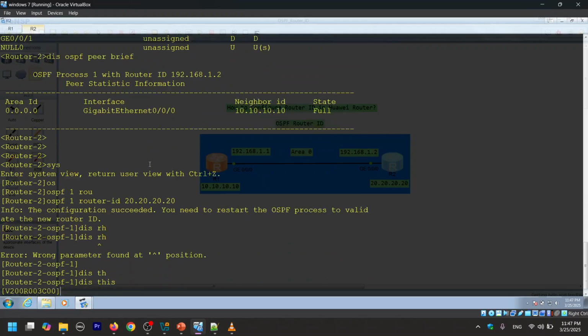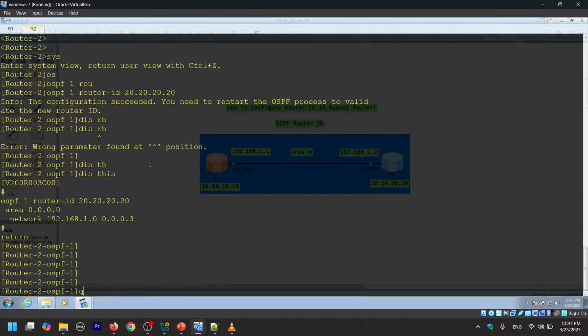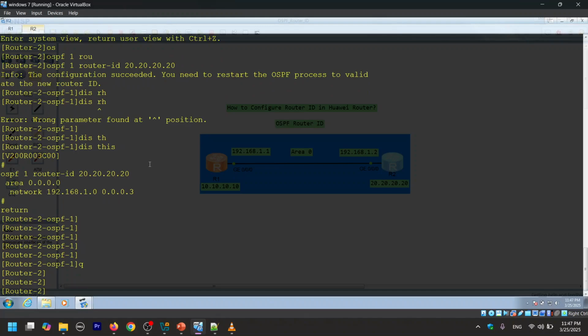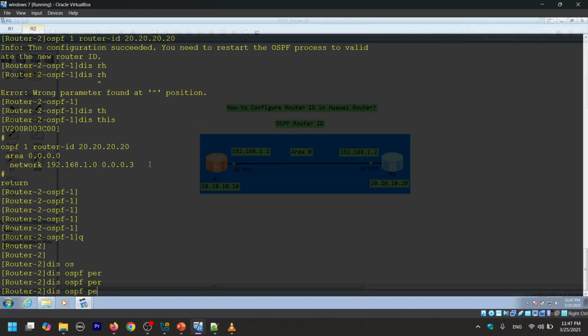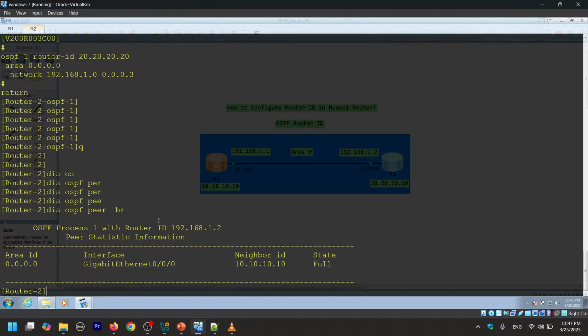See, the configuration is already done. Now you see the router ID is here, but I must reboot the device. Even though I configured the router ID here, I must reboot the device, and the OSPF process should be reset to select the new router ID. I can check this. I can show you display ospf peer brief. You see, even though I explicitly configured the router ID, the router has not selected the new router ID. Why? Because I have not reset the OSPF process, or there was no reboot done after this configuration.